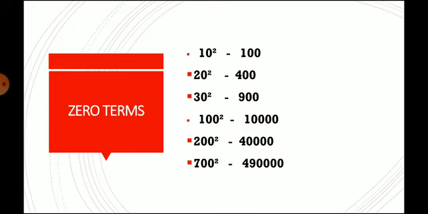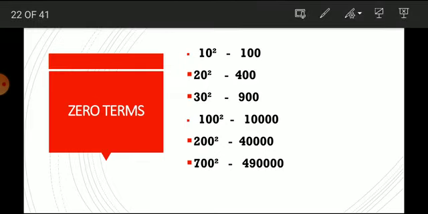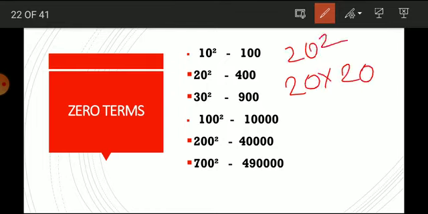Here are numbers with zeros. How can we use the zeros for a square? We know very well 1 square is 1, up to 10. But after that, there is one easy trick to find the square values using zeros. First I will take 10 square. 10 square we can tell directly: 100. After that, 20. Now I want to take 20 into 20, so this is 20 square, and 20 square means we write 20 two times.